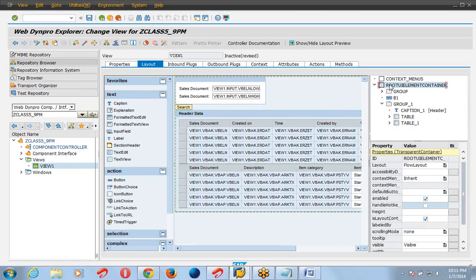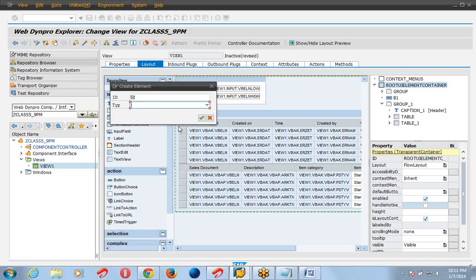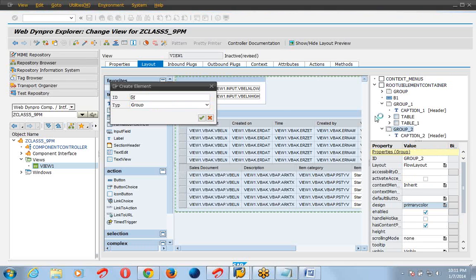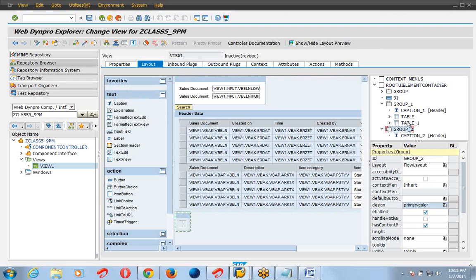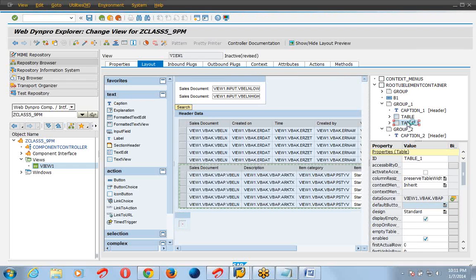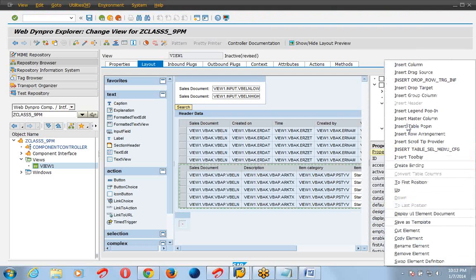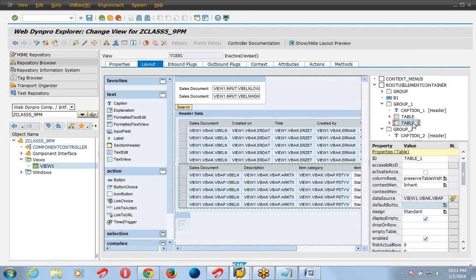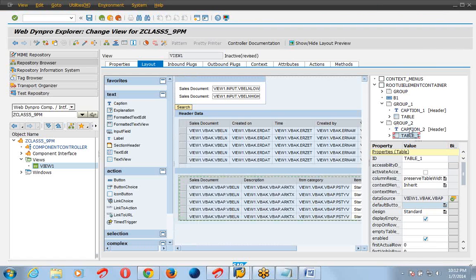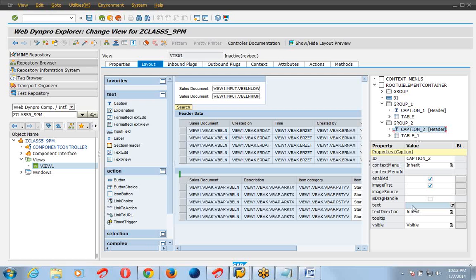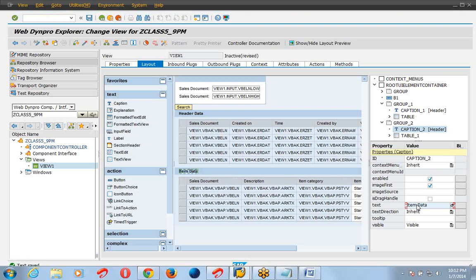Now again I will create a group, and give the name for the table header.